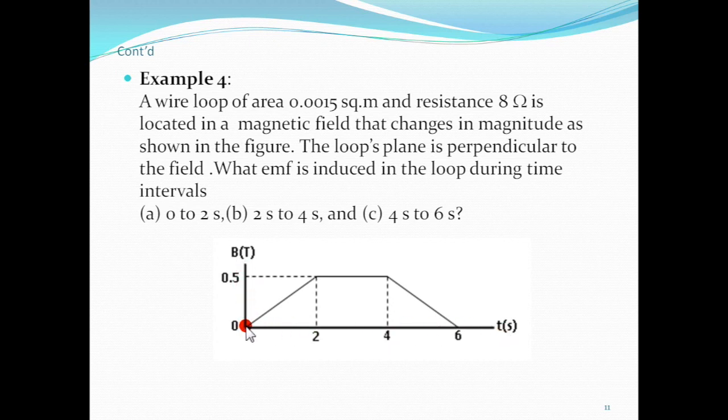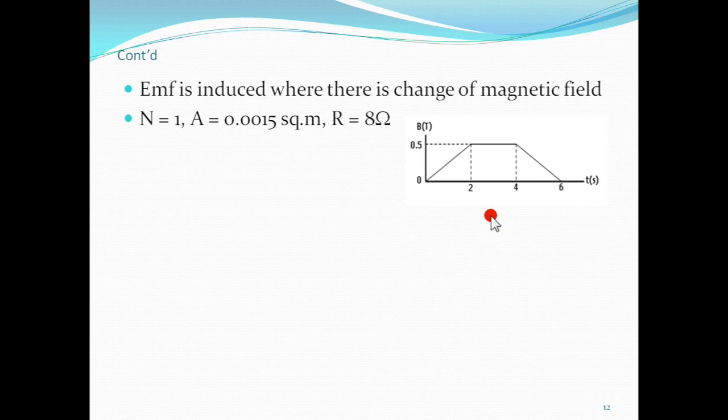በመጀመሪያዎቹ 2 ሰከንዶች magnetic field ከ0 ወደ 0.5 ነው ሄደው። በሁለተኛዎቹ 2 ሰከንዶች magnetic field 0.5 እንደሆነ የቀረው ኮንስታንት ነው and in the last 2 seconds it went from 0.5 to 0 ማለት ነው። what is the EMF induced in the loop during this time ነው የሚለው። እያንዳንዱ ታይም ኢንተርቫል ስንመለከት እዚህ ጋር change of magnetic field አለን። ስለዚህ induced electromotive force ኤክስፔክት እናደርጋለን። እዚህ ጋር ግን change of magnetic field የለንም፣ induced electromotive force አይኖርንም። እዚህ ጋርም change of magnetic field ቀይሯል። ስለዚህ induced electromotive force አለ ማለት ነው።